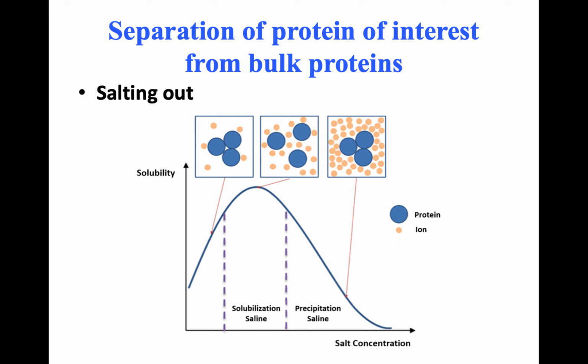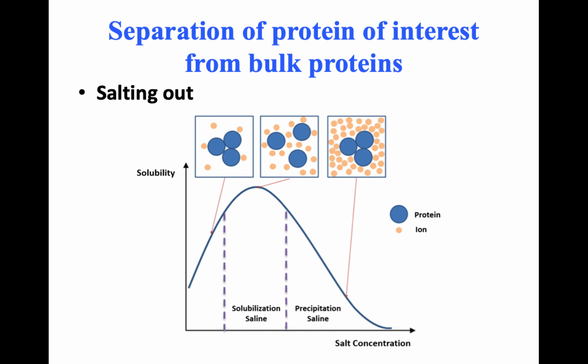As I told you earlier, different proteins precipitate out at different concentrations of ammonium sulfate. It directly depends on the amount of hydrophobic regions present on the protein surface. If a protein has more hydrophobic regions on the surface, then at a lower concentration itself this protein will precipitate out. So protein precipitation by ammonium sulfate is directly dependent on the amount of hydrophobic regions present on the surface.